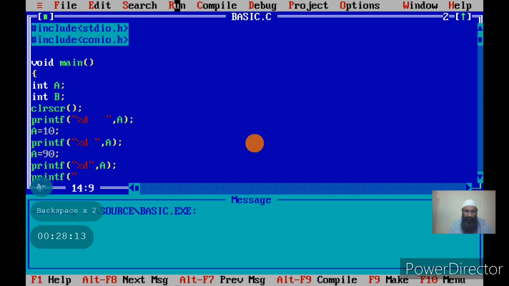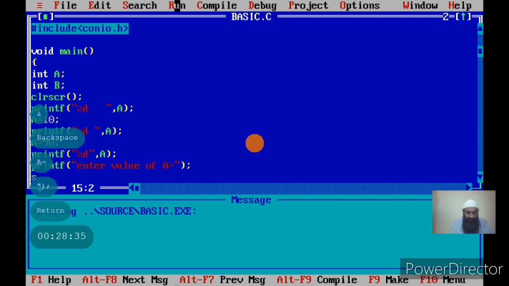You know the syntax which we have explained. Enter message, value of a. Then we scan the value of a.